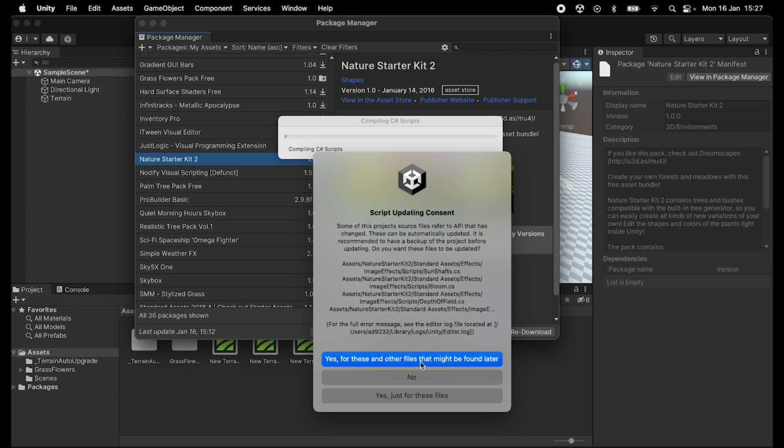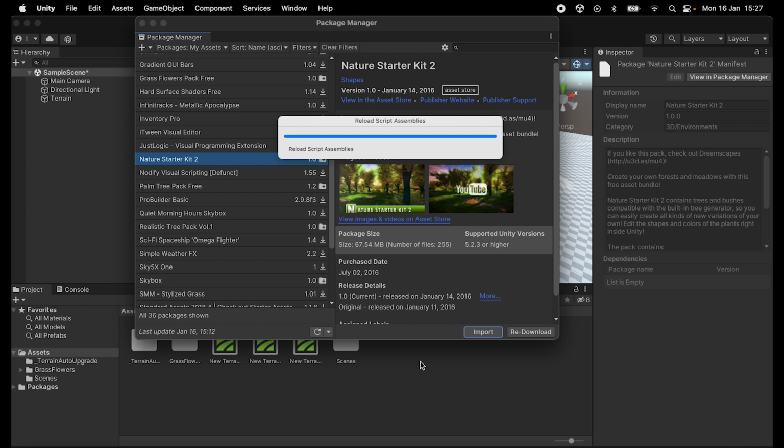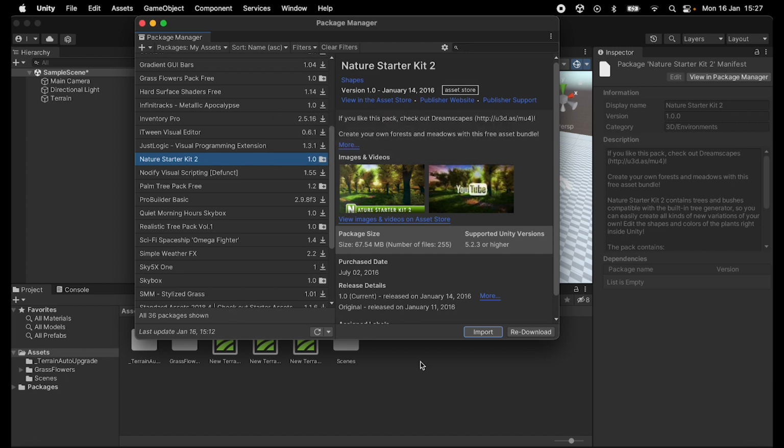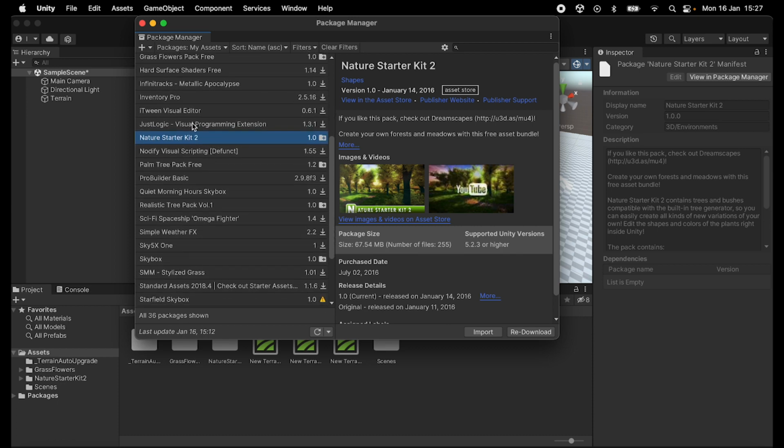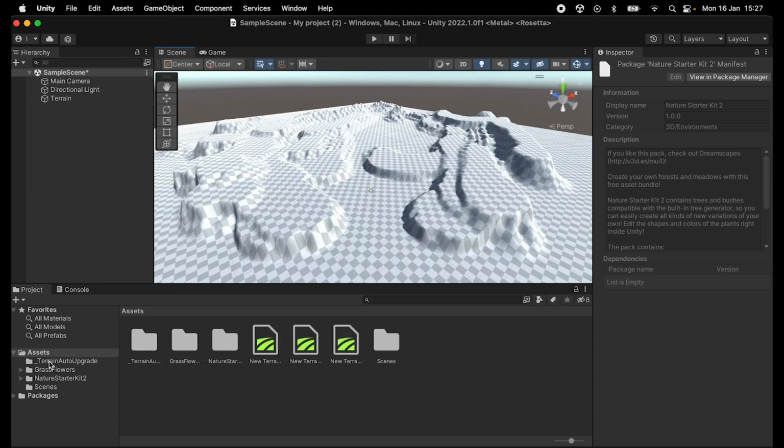So I'm just going to click yes. So there's two assets that I've added to my project now. And you'll see at the bottom here, on the bottom window under assets, you can see nature starter kit and